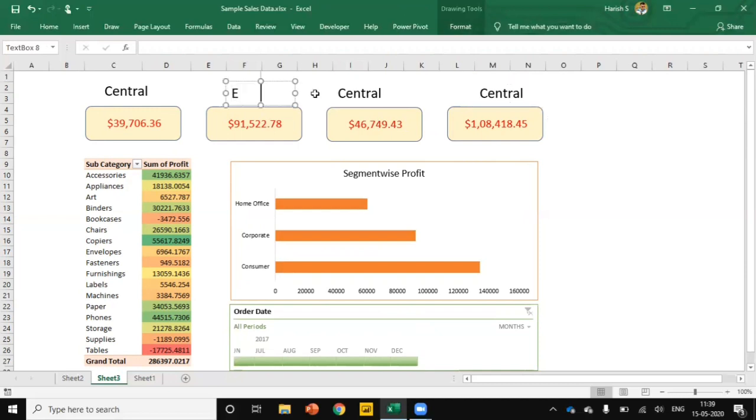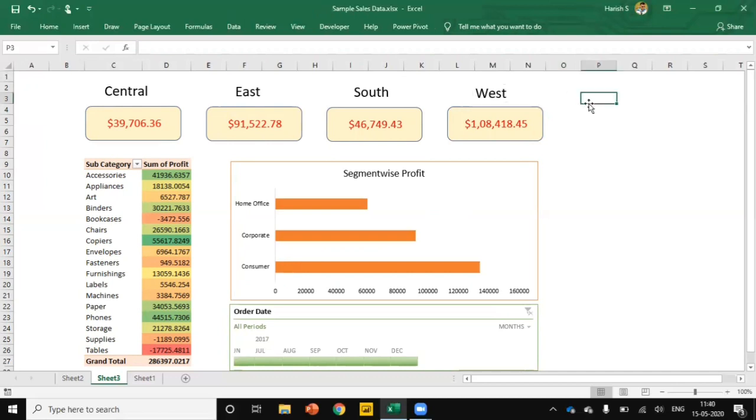I'll change everything: East, South, and then West. I'll adjust the position as well. All right, we have added everything.